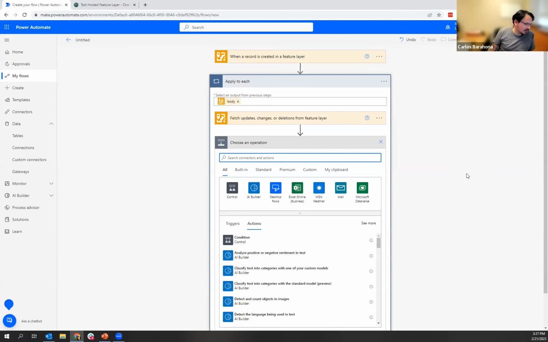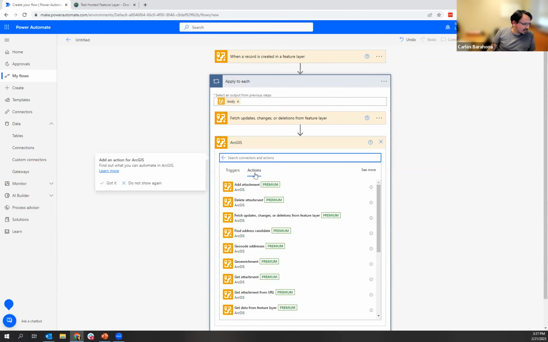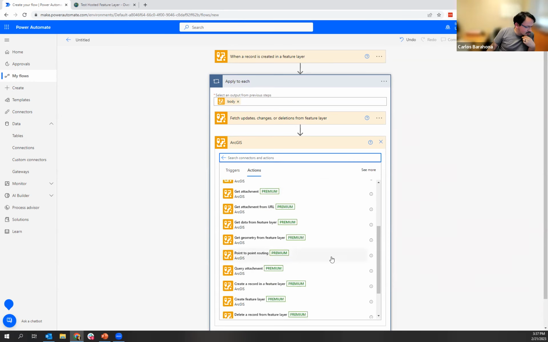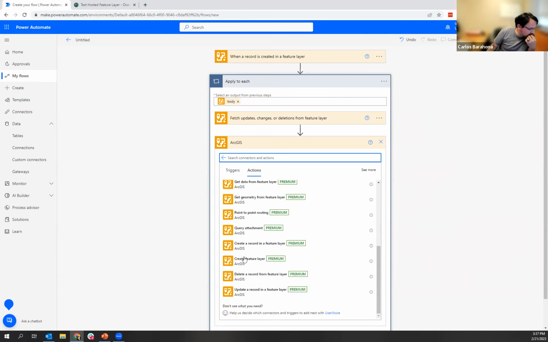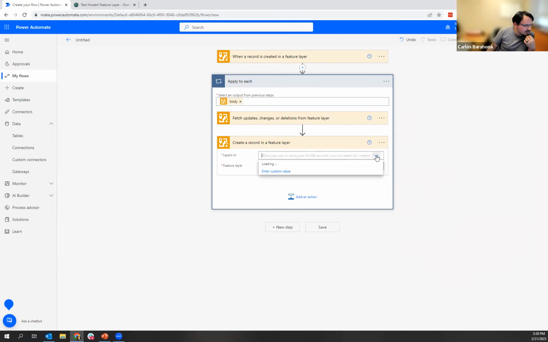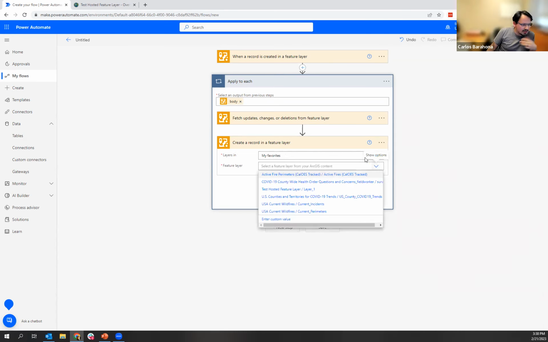So we're going to say our next step. Let's do something with it. So we're going to now take this and run an action. I don't have attachments enabled on that layer. So let's create a record in a new feature. So create a record in a feature layer. And this one does. Yeah, sometimes it works, sometimes I'm not really sure. I could have, again, done that same trick and put my custom value in and used that feature ID. But let's put it